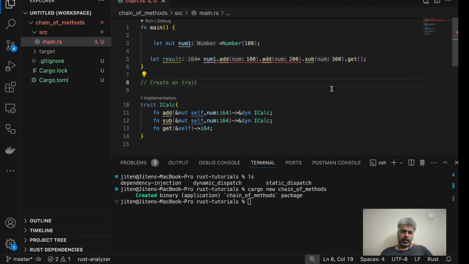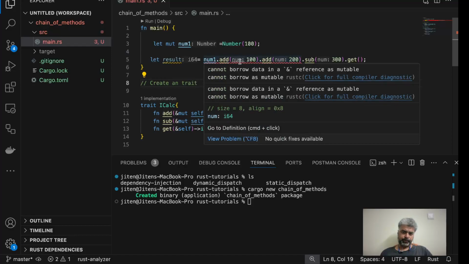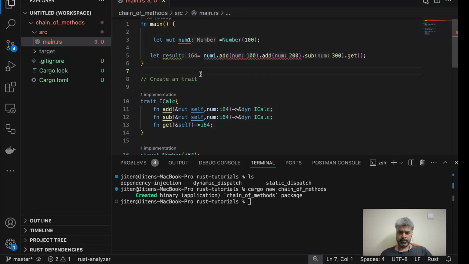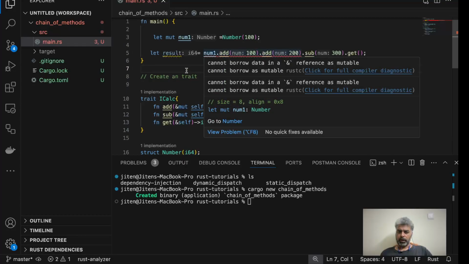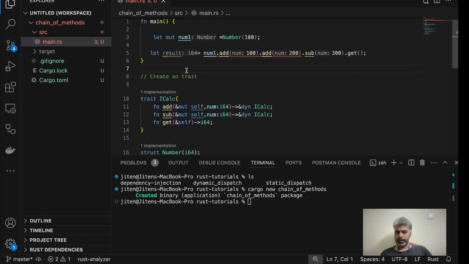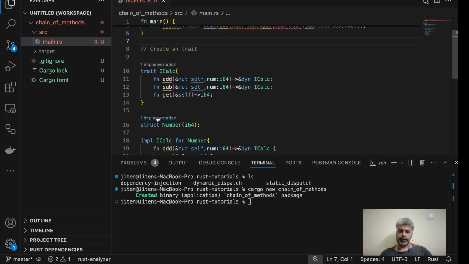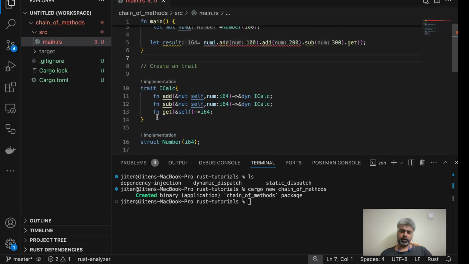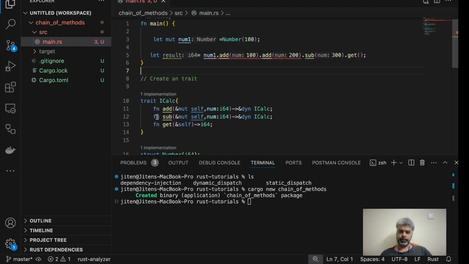So there is some error. The reason is, if you carefully look at the error, you are using the borrowing of that particular data, but when you are returning it, it has to be a mutable borrow. If you really look at the implementations of the borrow checker with a mutable borrow and immutable borrow,